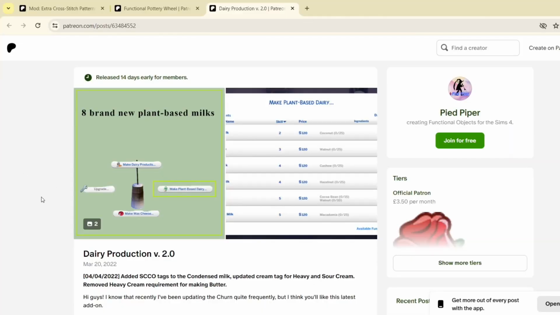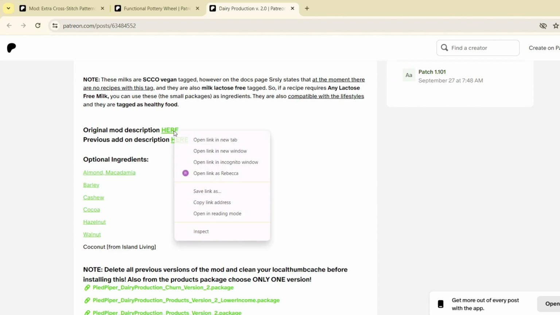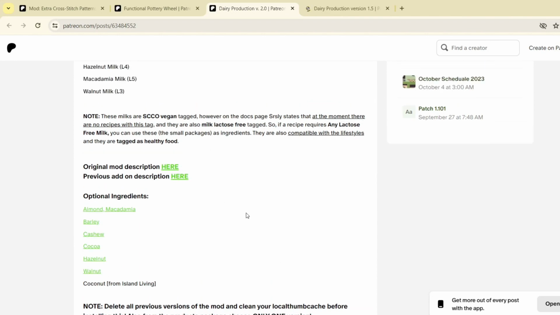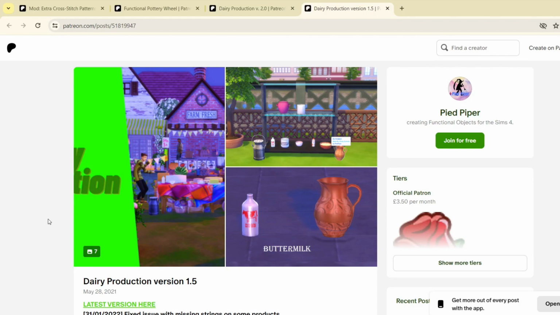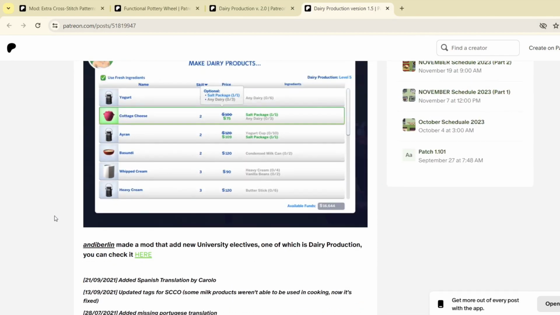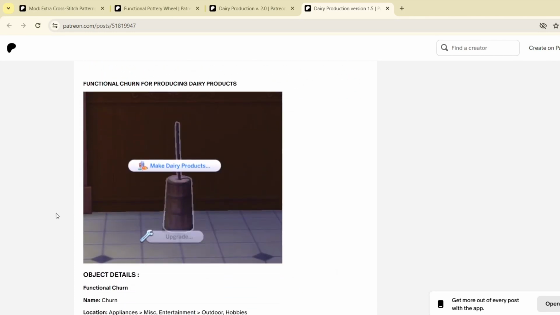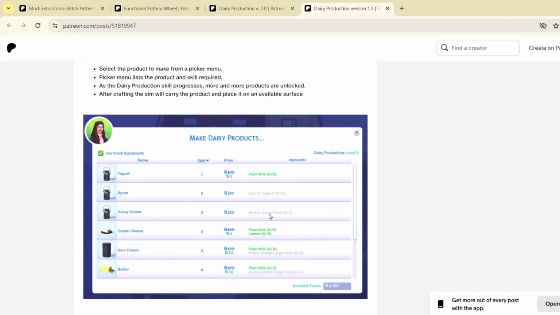Now, dairy production is a huge mod. It's really, really big as well. It has a lot of add-ons and it provides the opportunity for you to create your own dairy products if you, for example, aren't using an old cookbook. This is one where you don't improve your skill from doing it. You have to use the skill book in order to improve your skill, but it is only a 5 level skill, and you can use a churn, which adds a nice little touch of realism as well to yield your